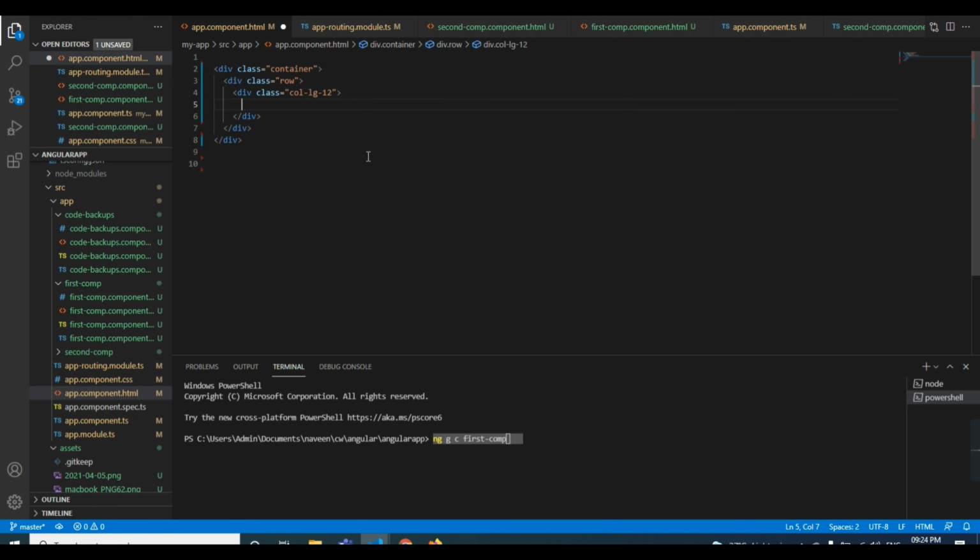I'm giving a heading here, Angular 10. Then I will give an hr tag to separate.